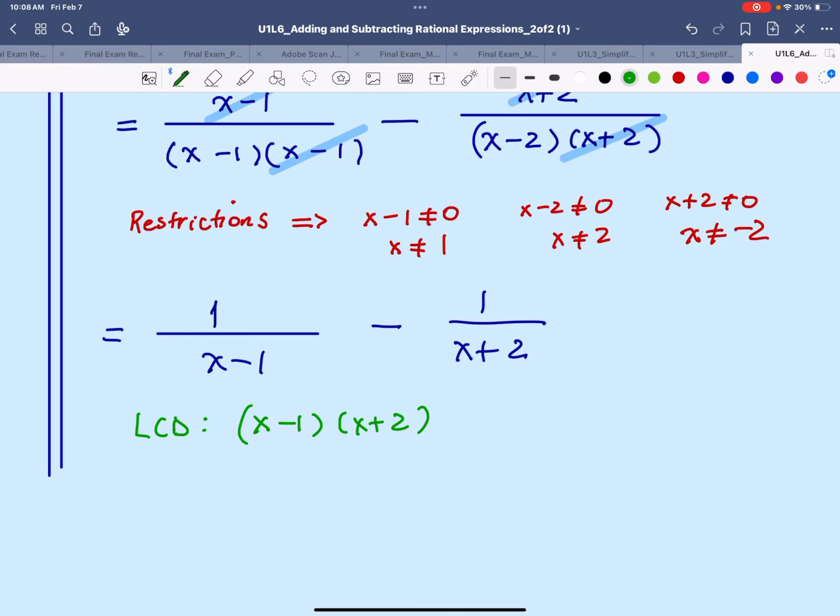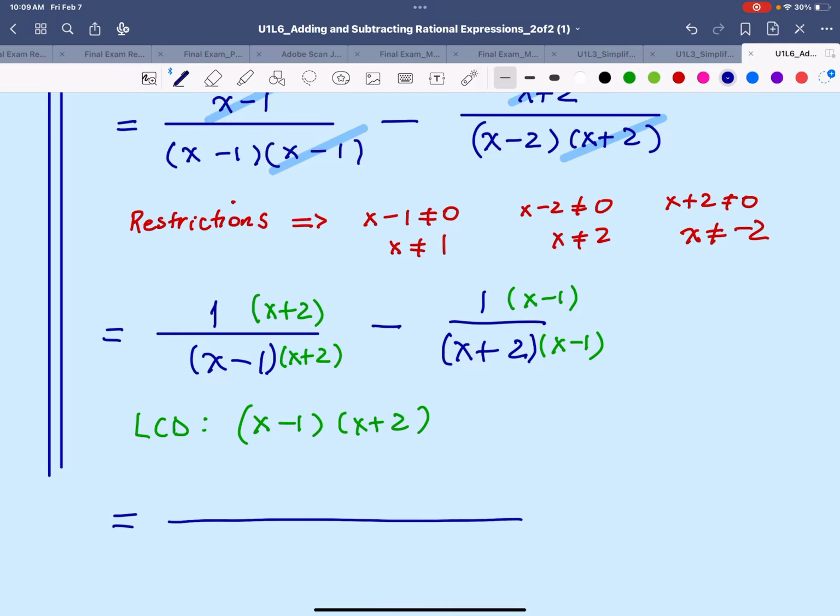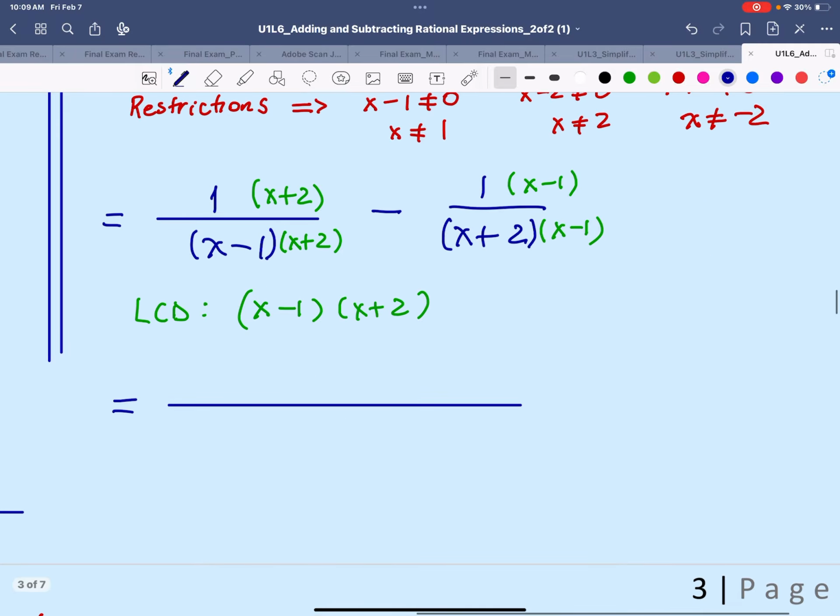So we're going to try to make this x minus 1 the same as the lowest common denominator. So we'll multiply it by x plus 2, and we'll have to do the same thing to the numerator. And we'll continue on with the next rational term, which is 1 over x plus 2. We'll multiply this by, guess what, x minus 1. And now we will bring both rational terms under the same rational expression. So we have x minus 1, x plus 2 in the denominator, and the numerator is x plus 2